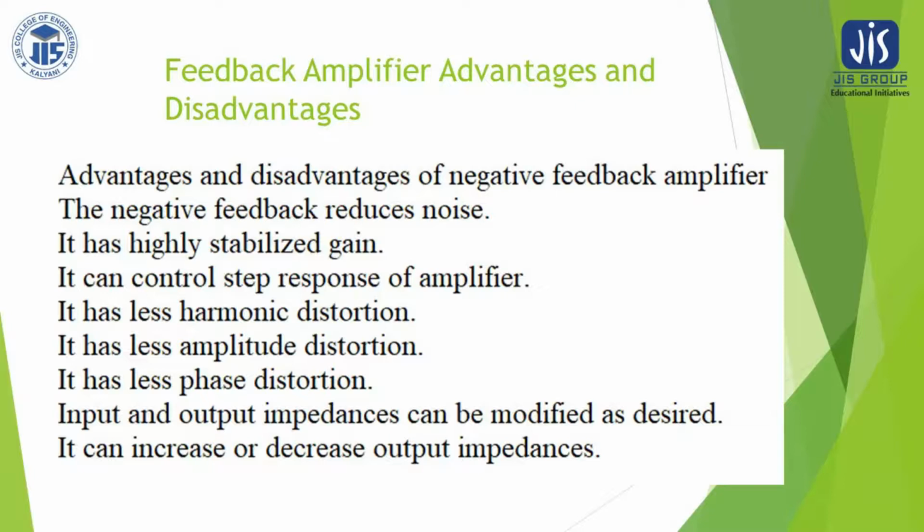Then comes the distortion reduction. Distortion reduction means there are two types of distortion. One is the amplitude distortion, another is the frequency distortion. Now, normally we require unaltered amplitude at the output of the amplifier. So that type of amplitude invariance could be achieved using a feedback amplifier. If it is varying with respect to time, then it is called a distortion. So amplitude distortion could be reduced.